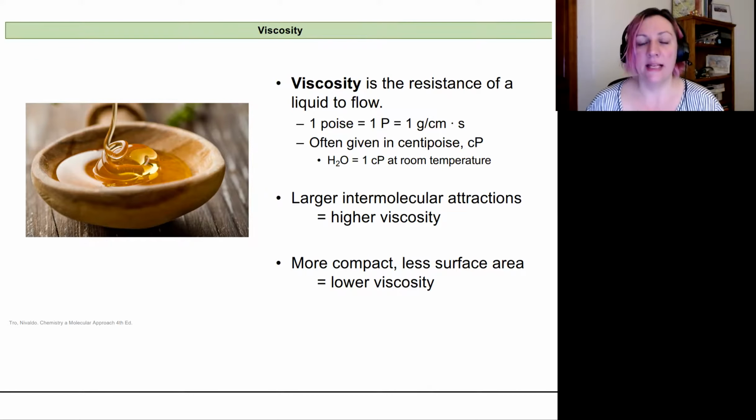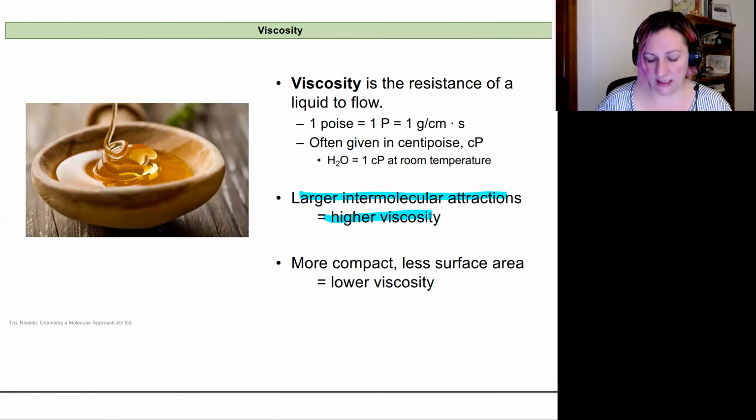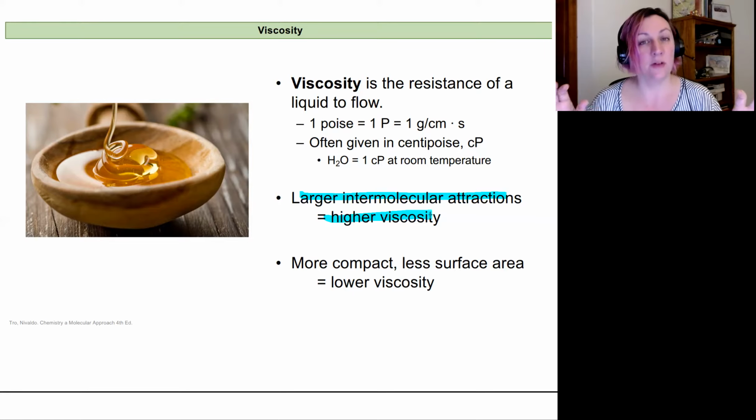And what we see is that larger intermolecular force attractions are going to lead to higher viscosity for the same reason that we saw that the higher intermolecular forces lead to a higher surface tension, right? So when something flows, it's spreading out. And so it's increasing the number of surface molecules versus interior molecules. And we have then the cohesive forces of the sample trying to hold the liquid together and minimize that surface tension. And then we have this comparison to adhesive forces, where that compound's going to interact with something